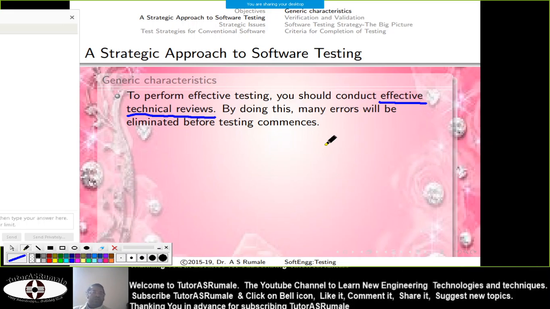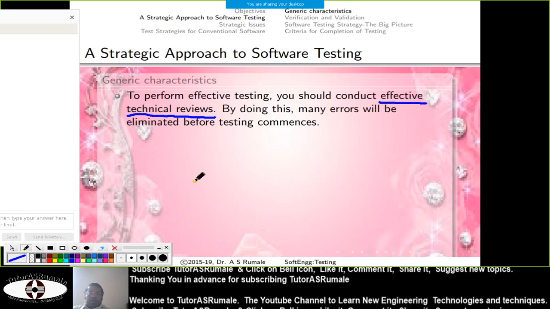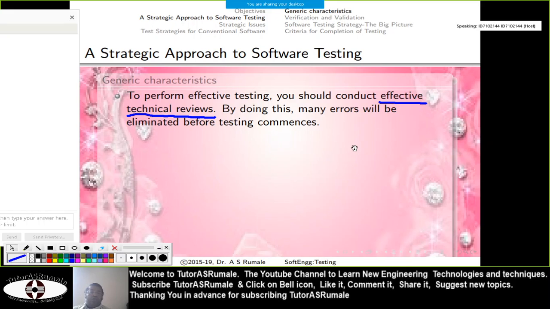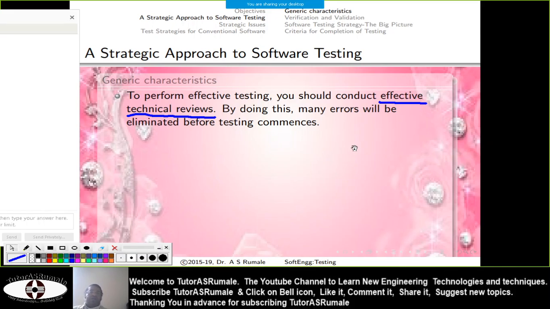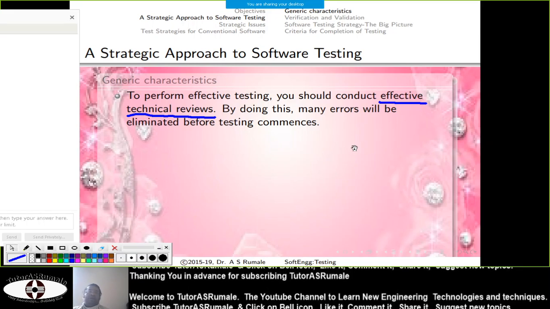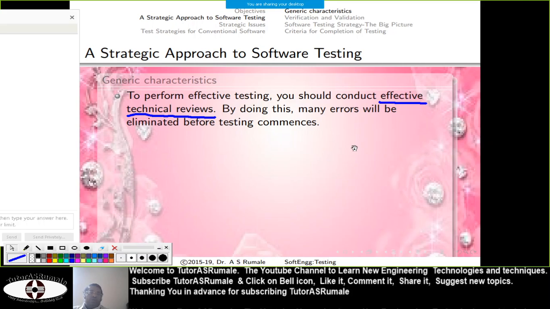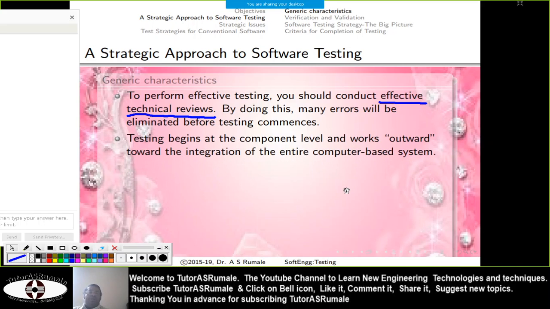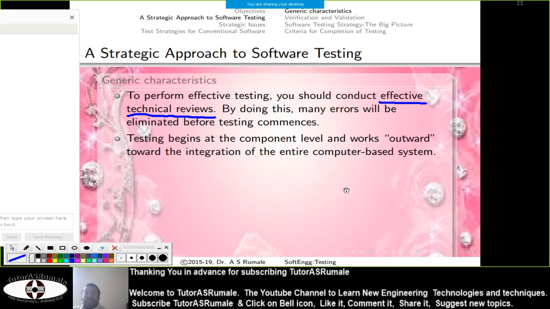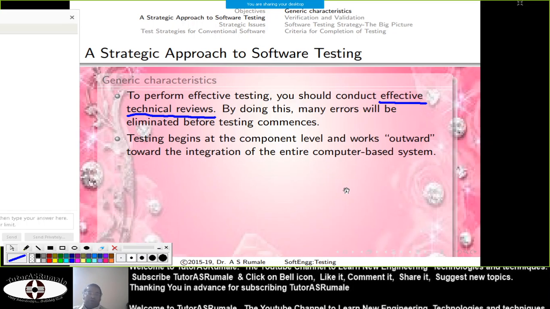By doing this, we can eliminate many errors before commencing our testing process. So you are trying to correct your program without testing, just by going through these technical reviews, because many experts simply by looking at your software can tell you that these things are missing, and then you can add those things and go further.